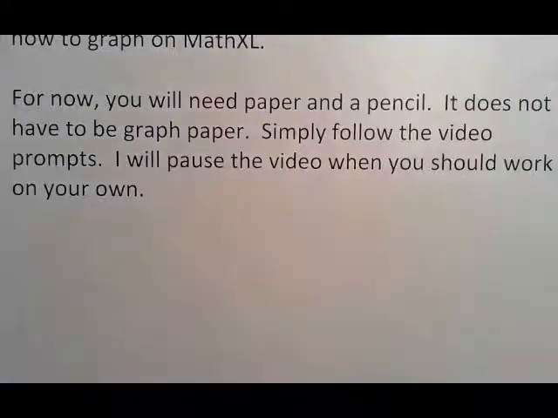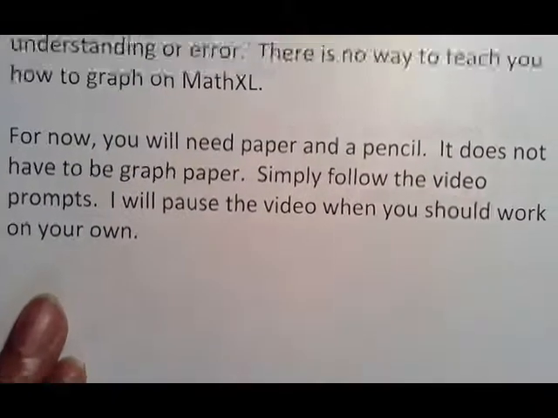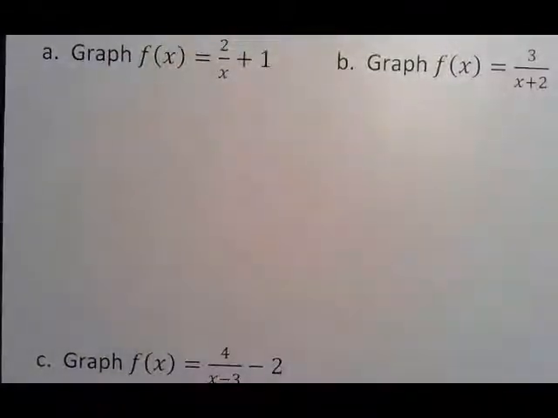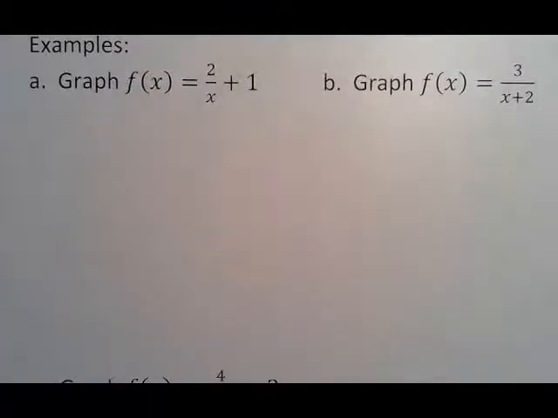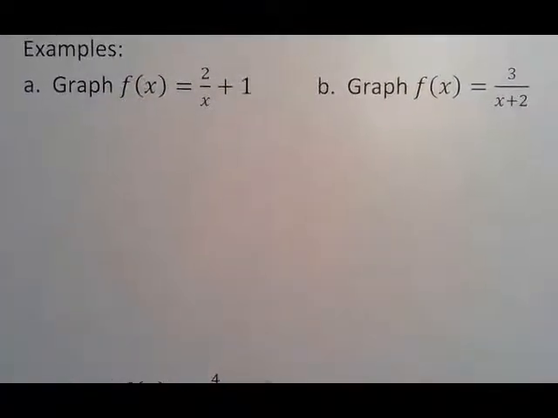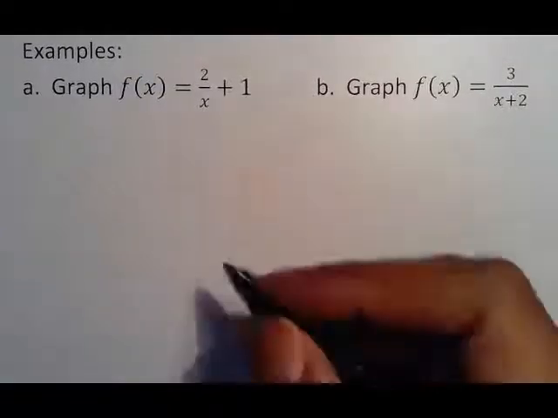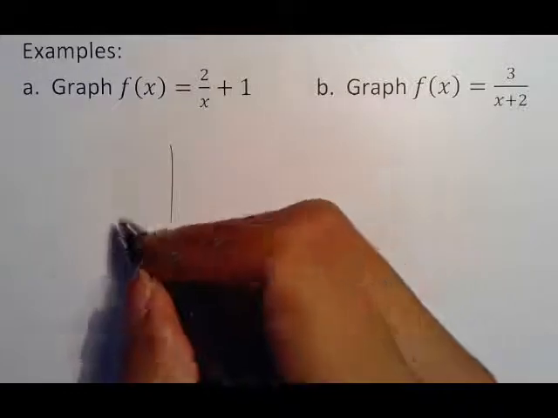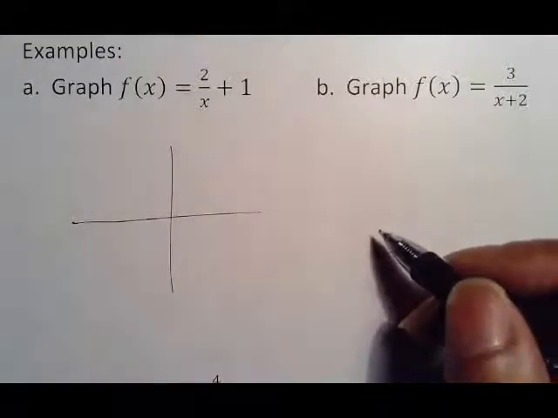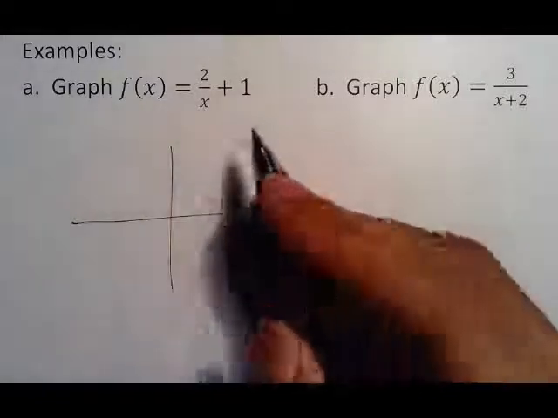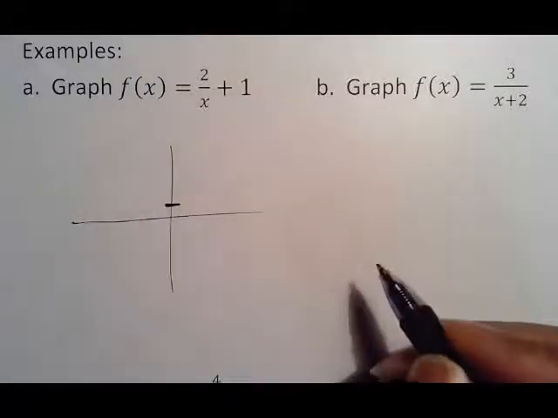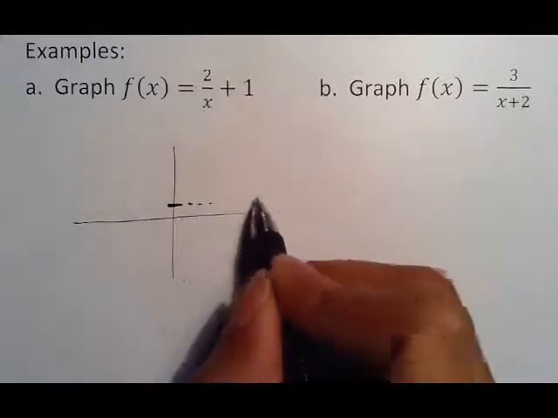So for the first 3 examples, I'm going to just make sure that you see how I do it on paper, and then you'll see, and you can write these 3 down, but you don't really have to unless you just want the notes around for you to kind of see what's going on. So again, looking at graph A, first thing you want to recognize is your asymptote, so draw your axis. 0 is your floor because again that's not moving, but your floor does move up 1, so draw a little mark for 1, and then draw the best possible